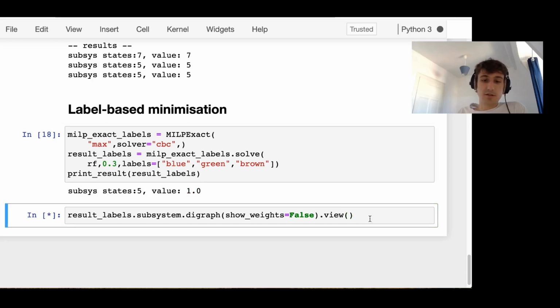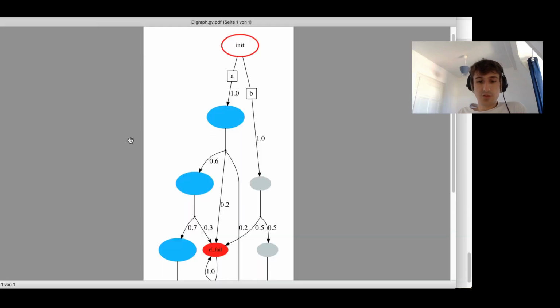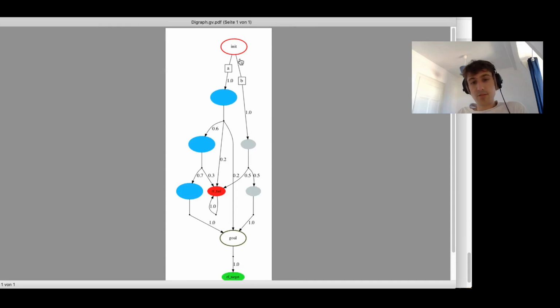And we can have a look at this. So you see now that here this left side was chosen. Although the right side could have been chosen, it has only 2 states, but the 2 states are of 2 different colors, and so the left side was preferred because although there are 3 states, they count as 1 because they are of the same color. So this is what label-based minimization is about.